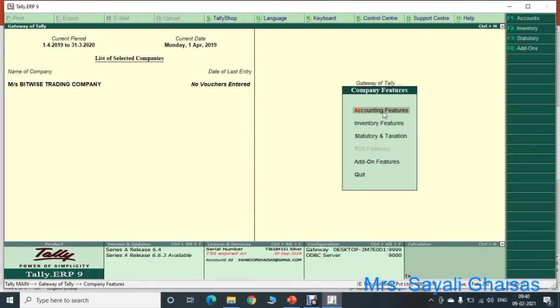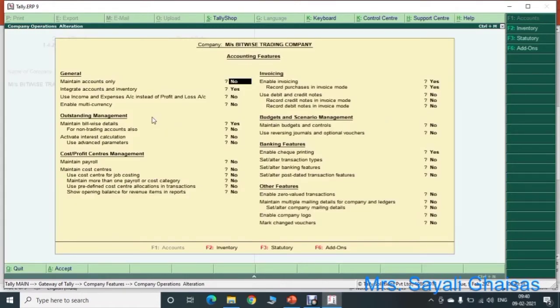After that, accounting features, and here you can check there is an option integrate account with inventory. It is by default yes. If it is not, you can type yes here. Okay, do not change any other details and press the enter key.